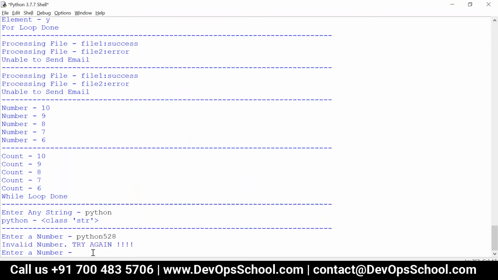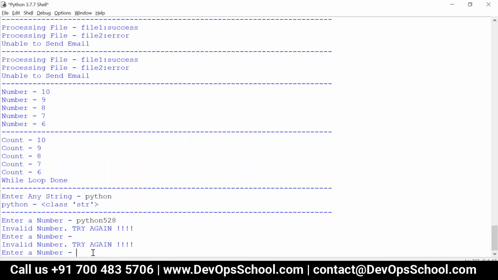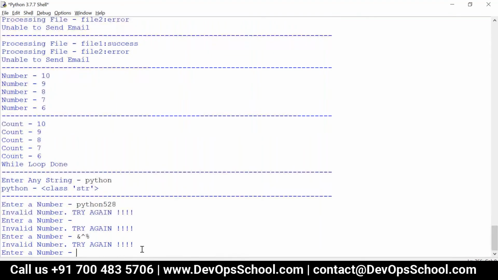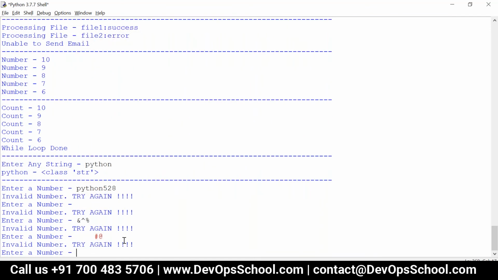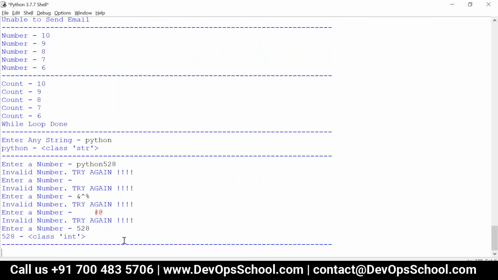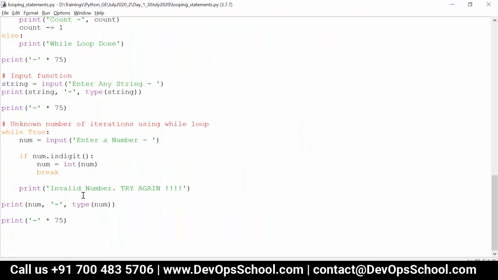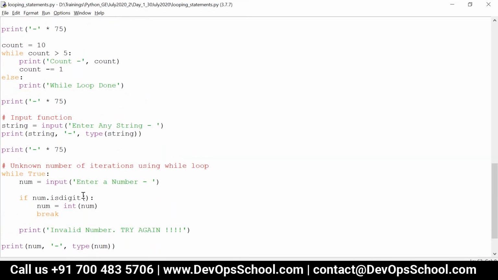I'm not entering anything, invalid number, try again. Let me enter some special character, invalid number, try again. If I enter a space and then this, invalid number, try again. If I enter a valid number only, it will come out and print 528 is class integer. So like this, we can implement the unknown number of iterations.